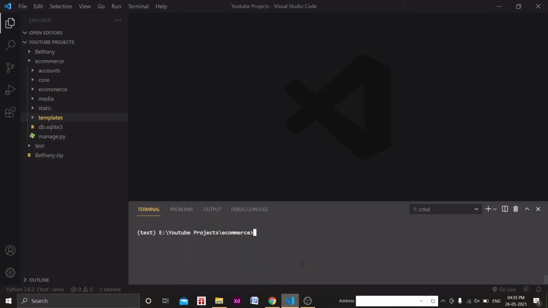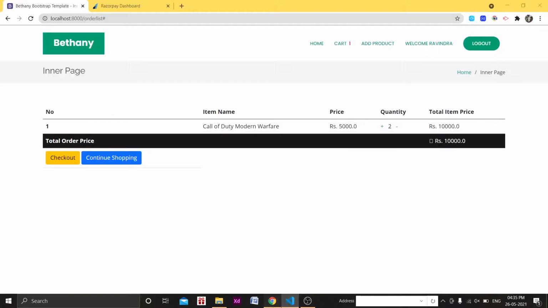Now you need to install one package, Django countries. If user clicks on the checkout button, we haven't taken the checkout address of a particular customer in our database, if you have gone through all my previous videos. We are not storing any address or anything like that.